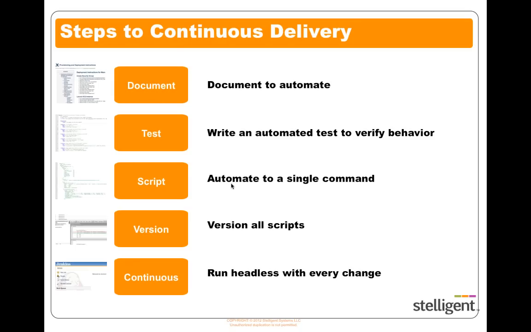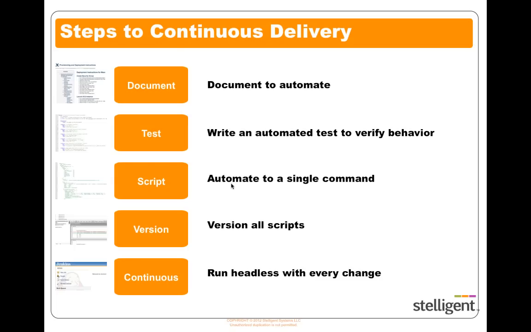Then you write a script for it, and so you're going to automate. And you get it down to a single command. So you have a lot of fine grain commands, but you write it in such a way where you get it down to more of a coarse grain, down to a single command. And then once you have your tests and you have your scripts, then you make sure that you version all your scripts. At that point, you should be able to get rid of the documentation. The documentation allows you to get to this scripted, tested, and versioned approach. What's this version? That's your canonical system and environment.